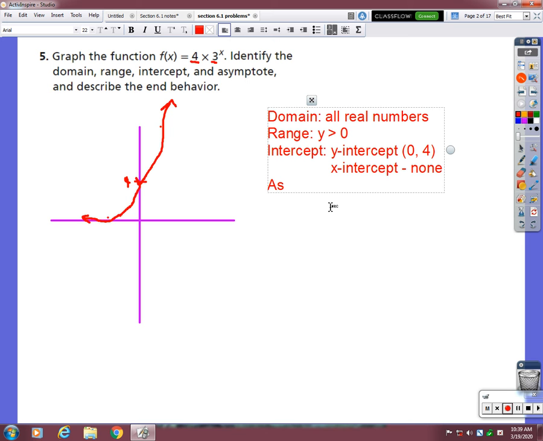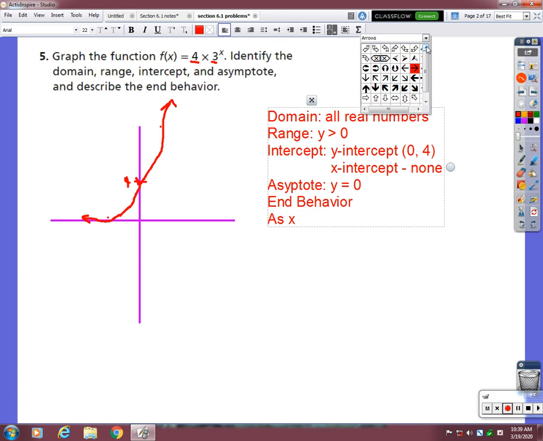The asymptote is y equals 0, and the end behavior is as x approaches negative infinity,